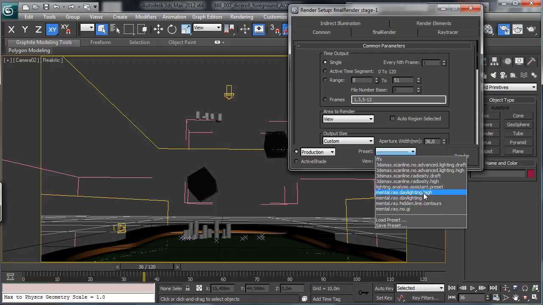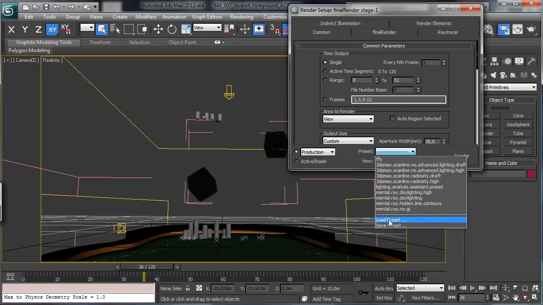You see that we have the daylight, daylight and ideal line and no GI. And we also have a preset named FFX, and that means film effects. I saved it to maintain some presets for film effects renders.